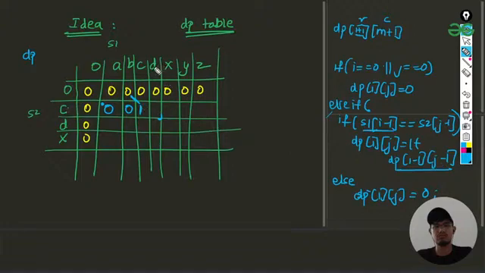Now again they will be comparing D and C, they will get 0. For x, y, z, all they will get is 0. Now in the next part, again this D will be checked, and all the values will be 0 except D. Now D is matching, so it will go into the else-if condition and increment the diagonal element. Already 1 is there, so we'll add 1 to that and we'll get 2 in this case. Then again for x, y, z, all the values will be 0. Now again x will be compared, it has no match up to this point, and when we have a match up to this point, we'll add 1 to the diagonal element, so we have 3.